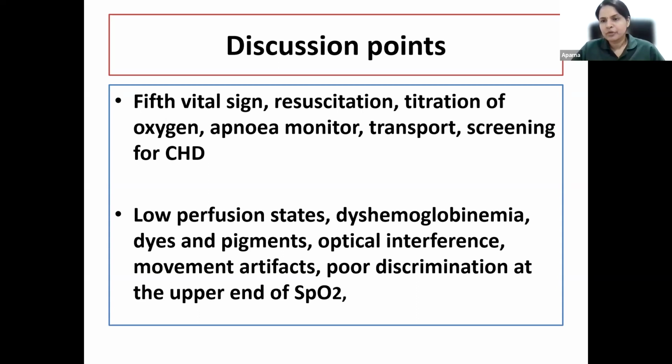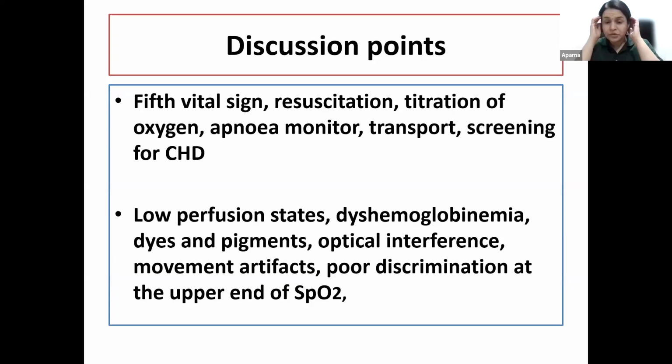But you may be able to find it out from the PaO2. Pulse oximetry is also unreliable with the use of dyes such as nail polish dyes or aniline dyes and pigments. It may sometimes lose its reliability with conditions like newborn on phototherapy, where there is optical interference, movement artifacts, and